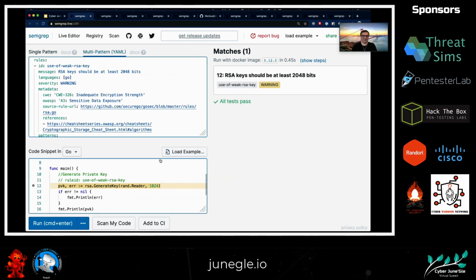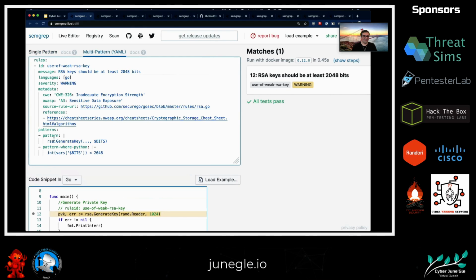In this case, I have a fully written pattern, but if we look at the relevant bits here, we're using pattern, and we're going to use semgrep to extract out the number of bits. So in this case, I'm calling RSA generate key, some arguments, it doesn't matter. We know the last argument is the number of bits. And then I'm going to use this special pattern where Python has to be allowlisted just for security reasons, because we are executing arbitrary Python, but we're going to read the number of bits out of our variables. And then we're going to cast that to an integer,